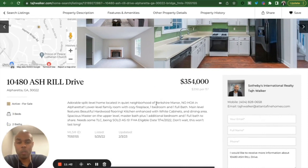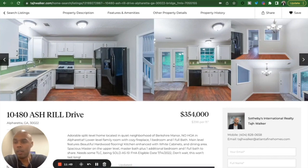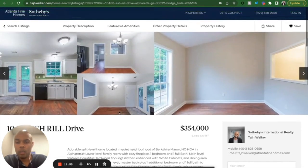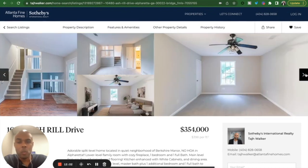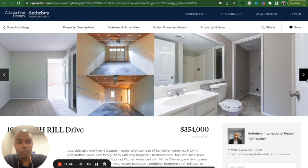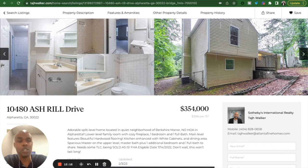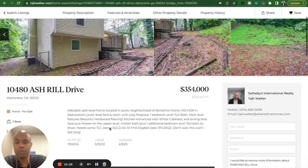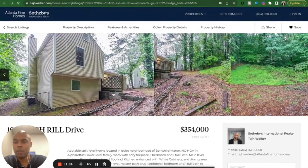And again, Roswell is one of the more expensive cities to live in. So just keep that in mind. But check this out. So we have a home that may need a little TLC, but solid, clean, move-in ready, maybe a little outdated, but if it doesn't bother you, then this may be one worth considering, right? But it gives you an idea of what this price point gets you in this area, right? So 3 bedrooms, 2 bathrooms, a few more details,